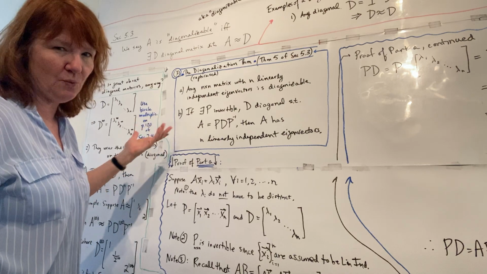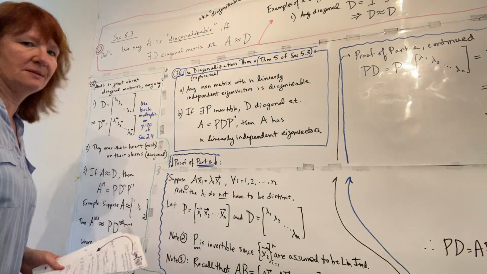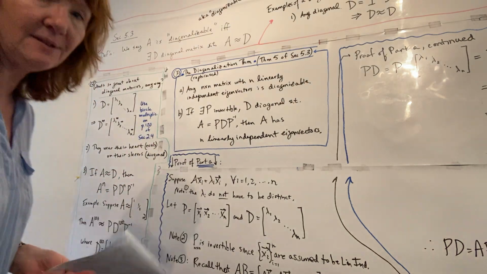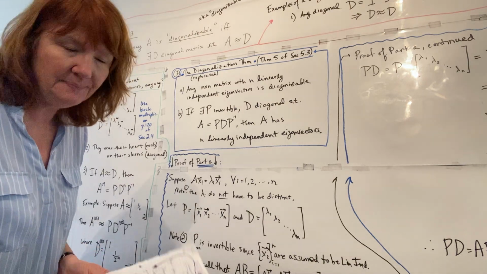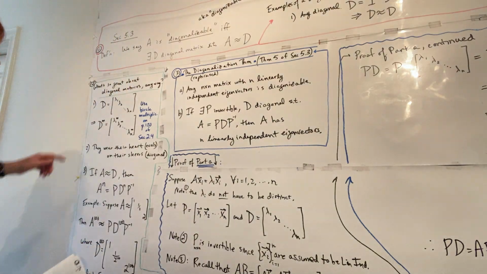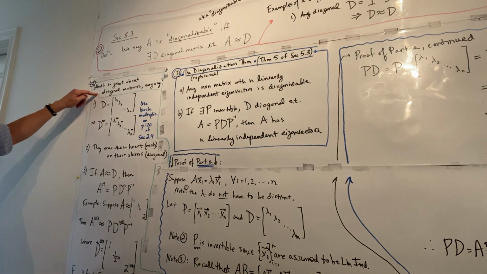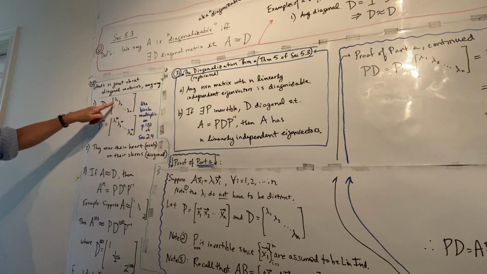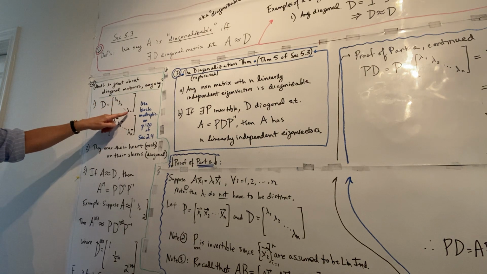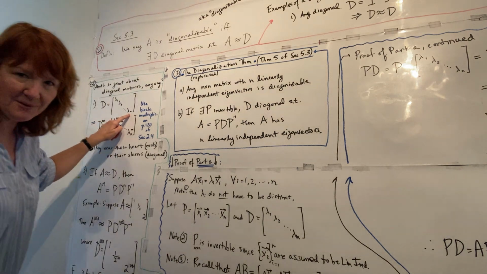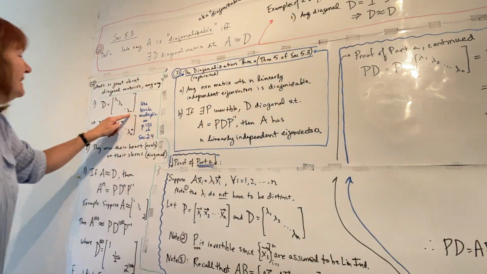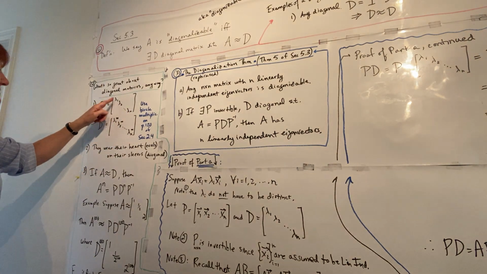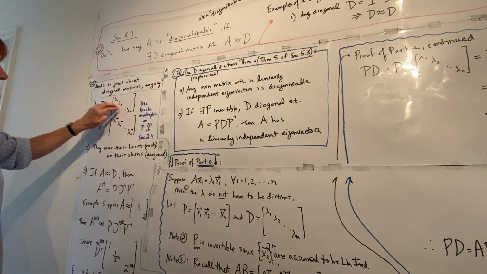Who cares? Why would you want to have a matrix be diagonal or diagonalizable? Well, that all boils down to what's so great about diagonal matrices anyway. So if you have a diagonal matrix, it's got values lambda 1, lambda 2. I could put other letters in there, but those are its eigenvalues, aren't they? So let's just call them that. If it's got its eigenvalues on the diagonal and zeros elsewhere,